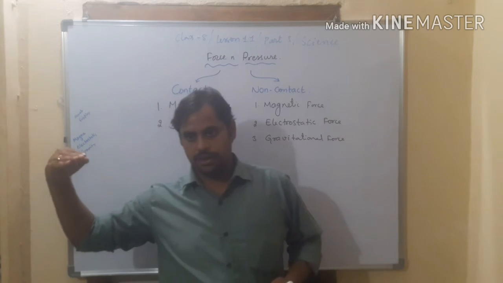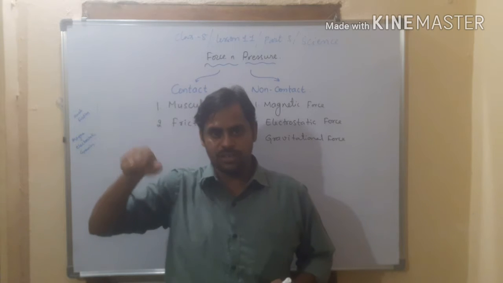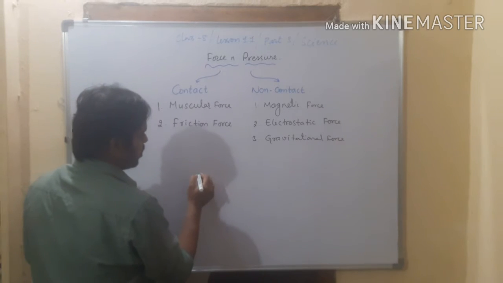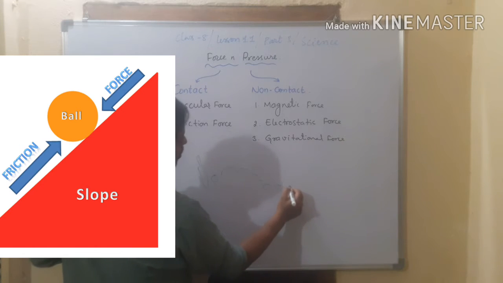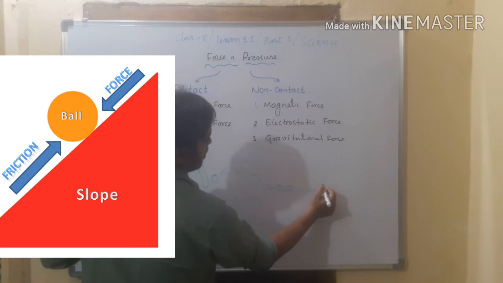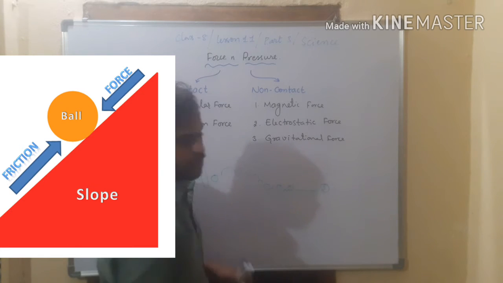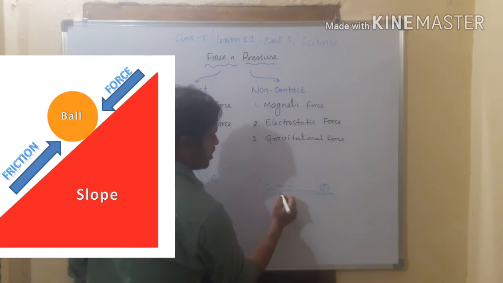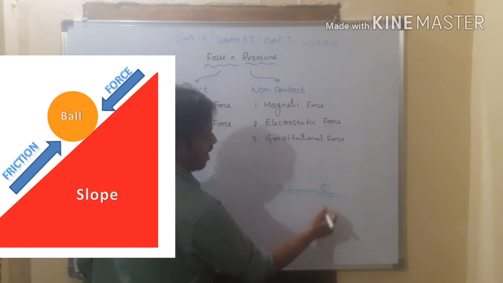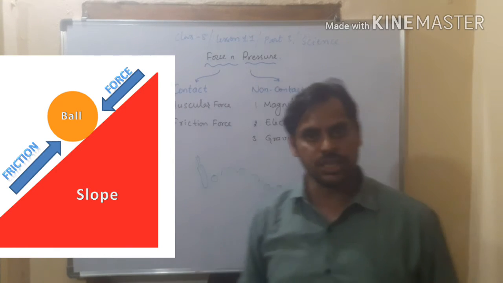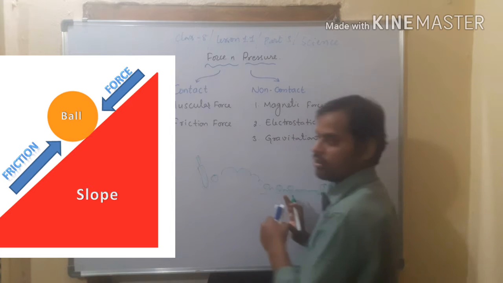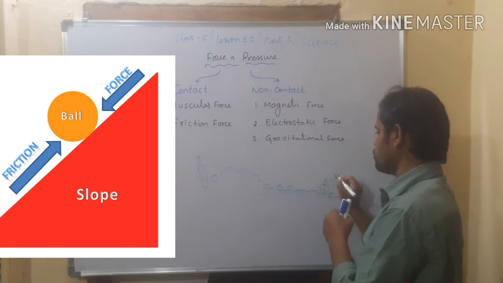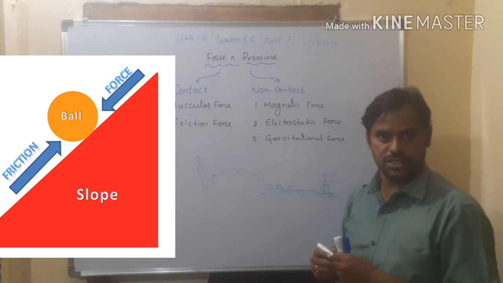For example, a ball is rolling. I already told you, the batsman hits the ball and the ball is rolling on the ground. It rolls and rolls. At a certain time, the ball is going to stop. Right? Who stopped this ball? Because the ball is rolling on the ground, and the ground applies the opposite force. Not only the ground, the air, I already explained to you. They are going to act opposite to the moving object, and they make the moving object stop.